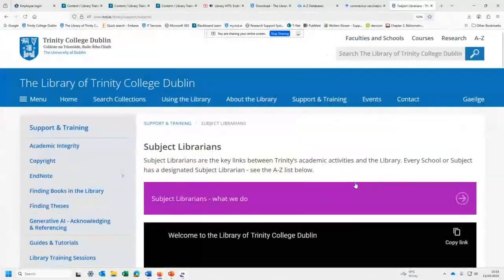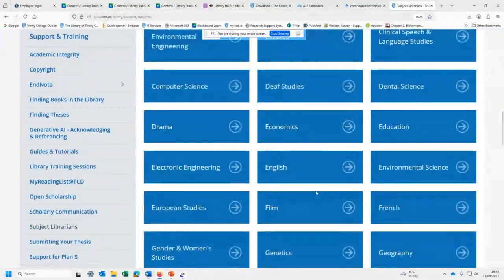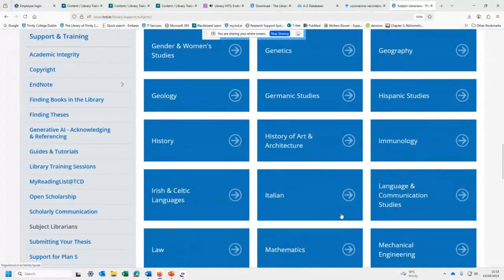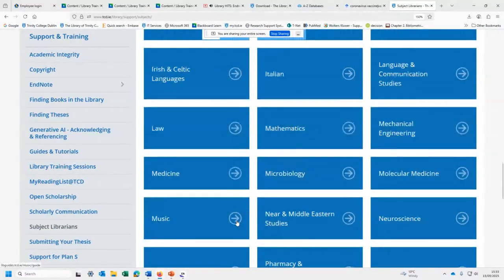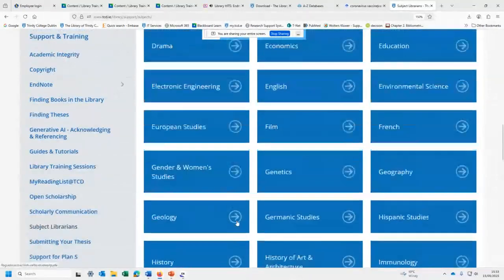Okay, guys, yeah, that's me. Sorry, one last thing I did want to show you is where you can access your subject librarians if you do need to contact them. Okay, so just share my screen again. To contact your subject librarians, you'll find them there on the library homepage, and all the subjects are listed there. So if there's any particular aspects around your databases, which ones you should be using, which ones work with EndNote, you can contact your librarians and they should be able to give you a dig out. Okay.